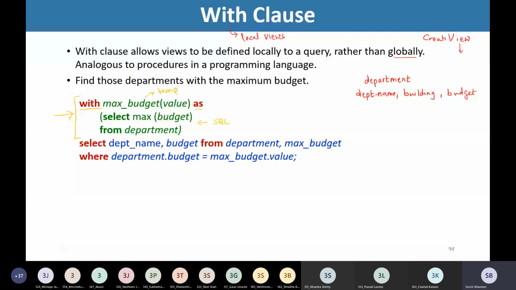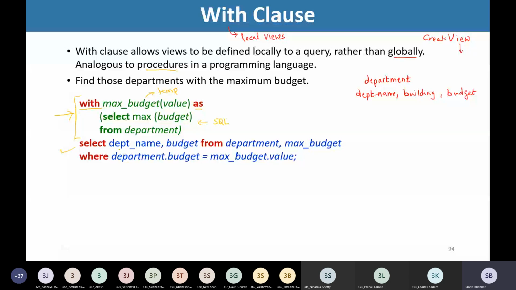So this is as good as writing a procedure in our programming language, right? Whatever relation we have defined is local. Local meaning this definition will be available only for the query we are now going to write.